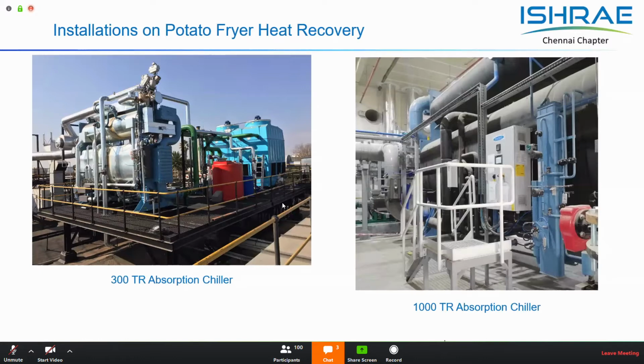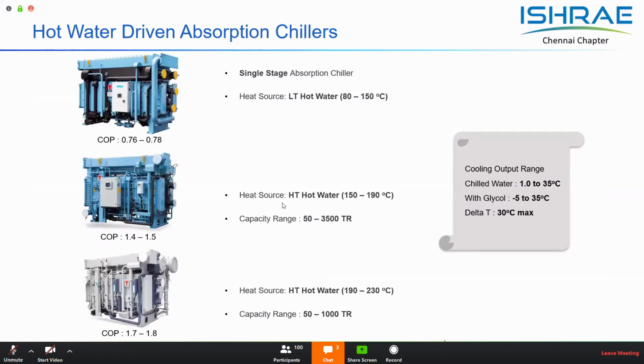Now, as I mentioned, hot water can also be used as a heat source for an absorption unit. Hot water, like steam, can be available at various temperatures. So when you have hot water temperatures of 80 degrees and above, we can use a single stage absorption chiller to generate cooling. Capacity ranges can be something like 15 TR to 3500 TR. Another important point to note is that today there are technologies available which can utilize water at temperatures lower than 80 degrees Celsius as well.